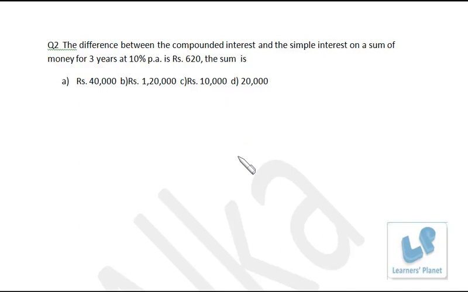Now in case of 10,000, the difference between simple interest and compound interest is around 300 to 325. So in this case it will be around double. In this case it will be around 4 times, around, not exact, because that will be a bit different. And in this case it will be around 12,000. So our difference is 620. So that is around double of 300 or 320, right? So the correct answer will be 20,000, right? So no need to go for any sort of paperwork over here. Just apply bit calculation skills over here, and you should practice with your basic calculations. Okay, let's take the next one.